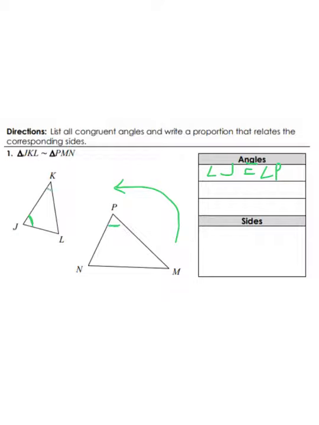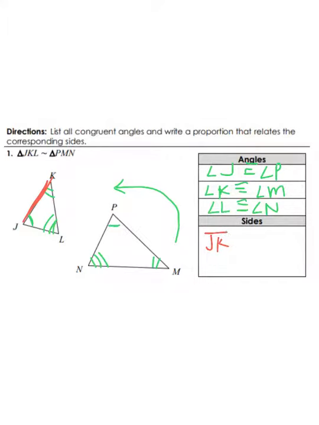Okay, K, which is the smallest angle, it looks like, would be with M. Angle K is congruent to angle M. Okay, and then L would be with N. Angle L congruent to angle N. Okay, sometimes this is hard to see when the shapes start shifting and rotating. All right, for the sides, okay, so this side here, which would be JK,